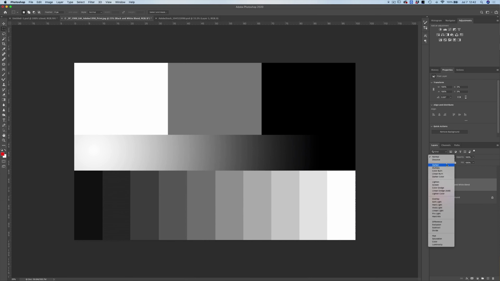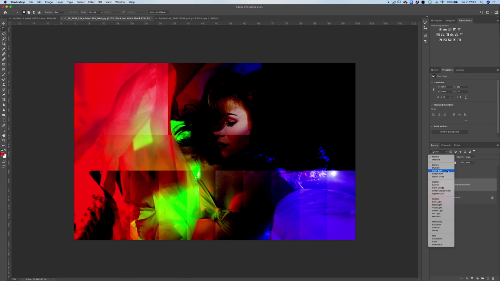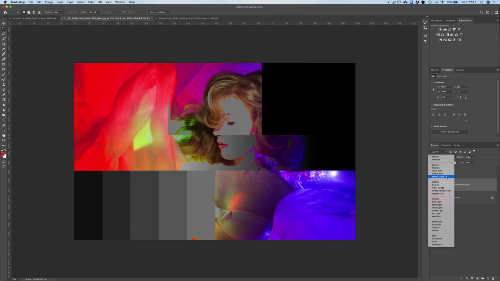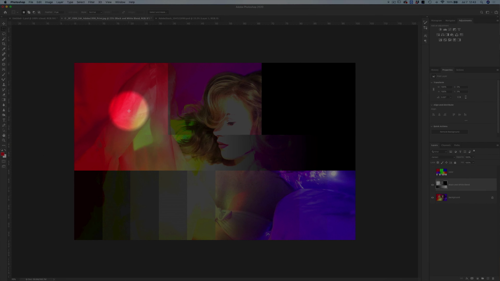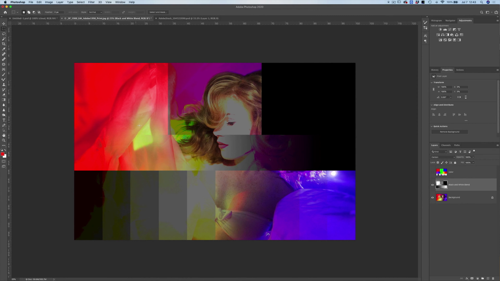And let's go to our darken blend modes. We have darken, multiply, color burn, linear burn, and darker color. The first one is darken. What this blend mode is going to do is it's going to look at the pixels on each of the layers. It's going to find out which of the pixels is darker, and it's going to keep those pixels. So as you can see, our white box that we originally had over here on the left has completely turned invisible, while 50% gray is partly visible, and our black box is completely visible.